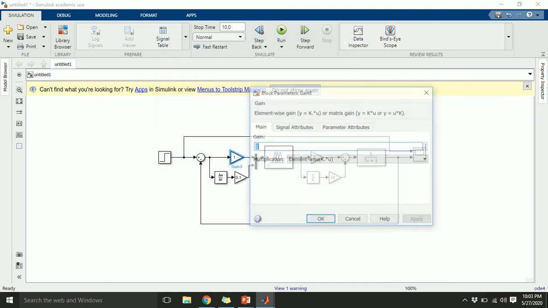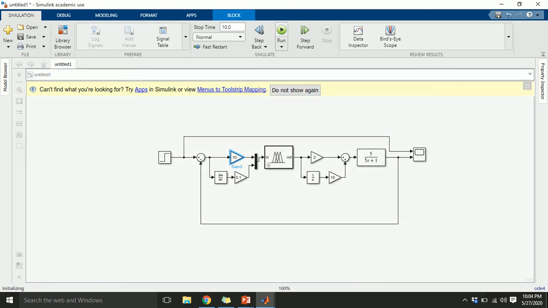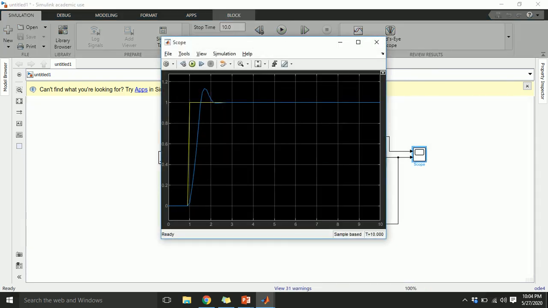If I make this 10, you can see there is a small overshoot, but the rise time is very small now.